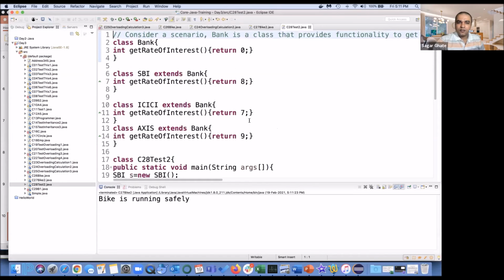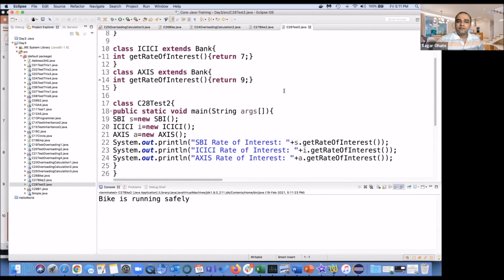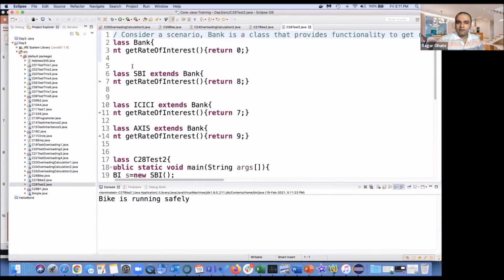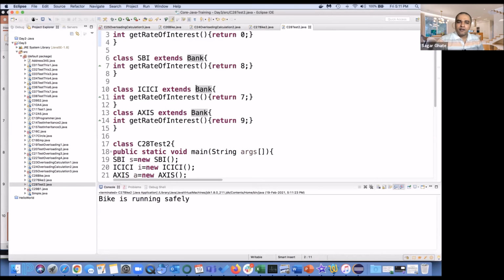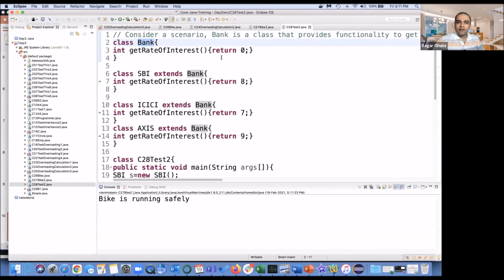Let's see. So this is rate of interest. I have one parent class, bank, and SBI, ICICI and Axis are going to extend bank, and the rates of interest are 8, 7, and 9 for them. And here the rate of interest in the bank class is, say, 0, or maybe a minimum rate of interest, say 5, anything like that.